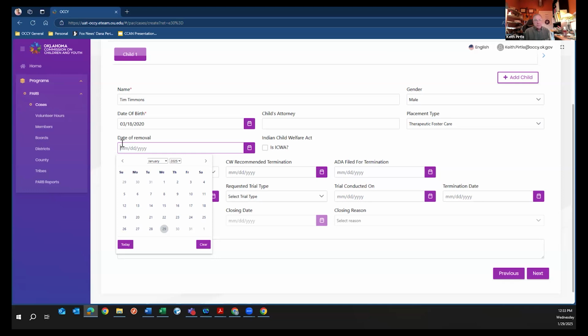Or a lot of times I'll figure out when the show cause hearing or one of the initial hearings was, and I'll put that date in. It'd be nice to have an accurate date of removal, but a lot of times I'm doing an educated guess based on what the case file says.